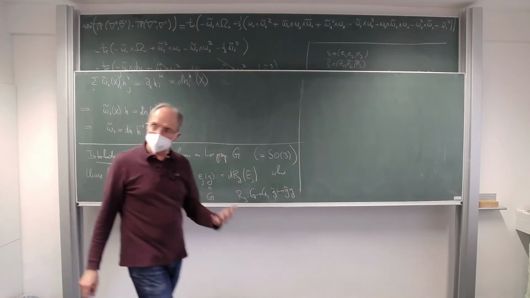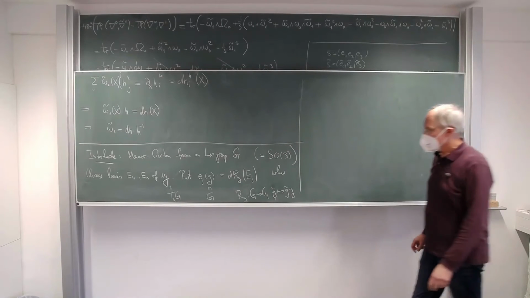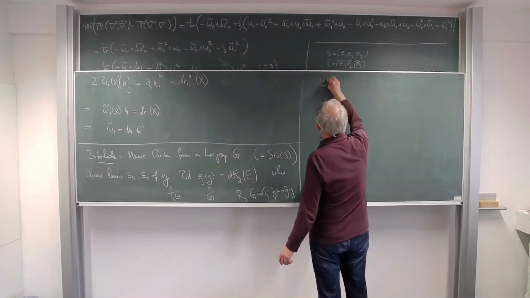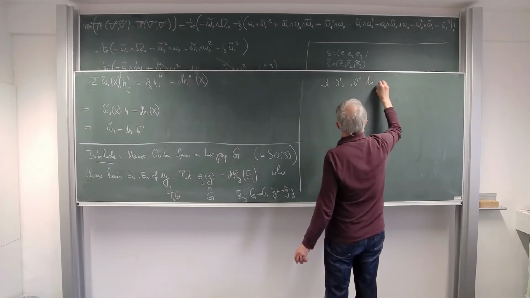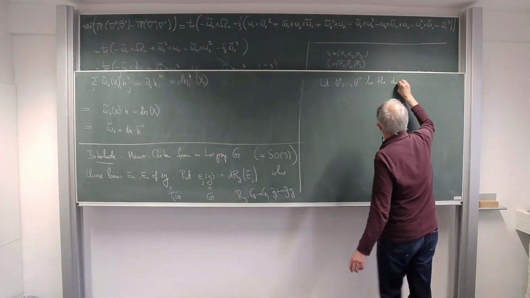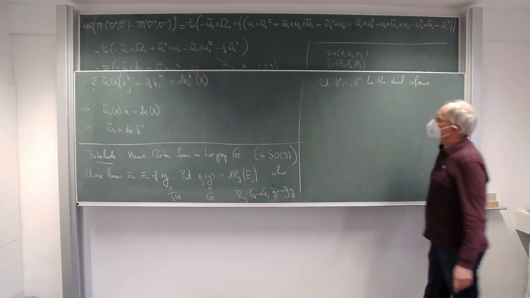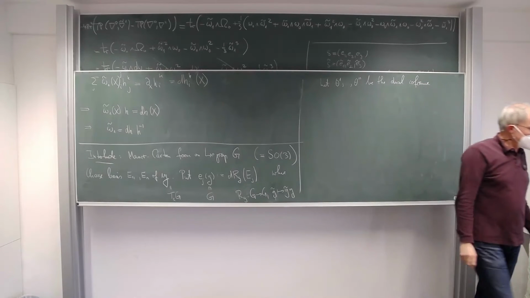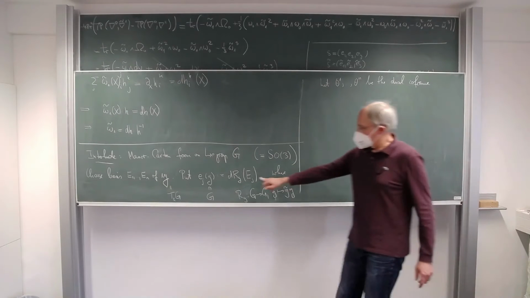I have a trivialization of the tangent bundle of my Lie group this way. And now let theta 1 up to theta n be the dual coframe. So these are one-forms, and at each point of the Lie group, this is the dual basis to this basis,